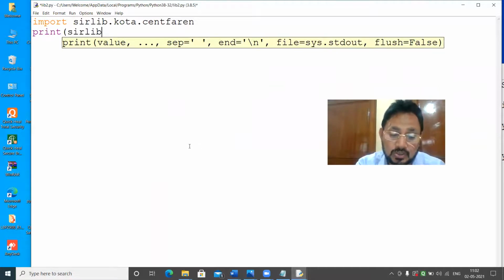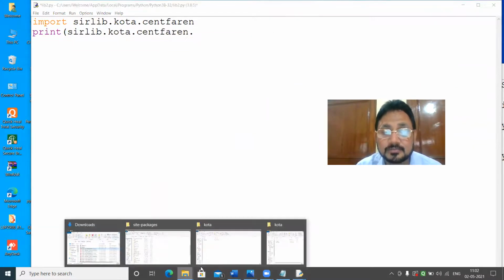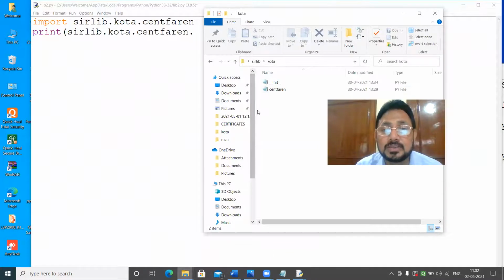Sirlib dot quota dot send parent, and then you have to write the function name. What is the function name? Let's check. In quota send parent, I will open that send parent in Notepad. Then I will come to know what is the name of the function.